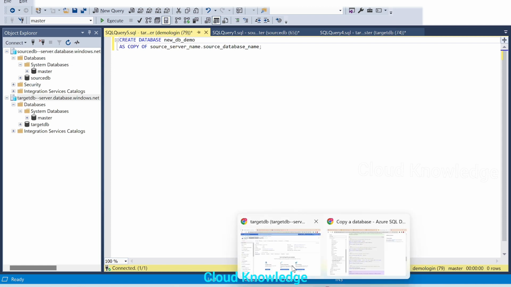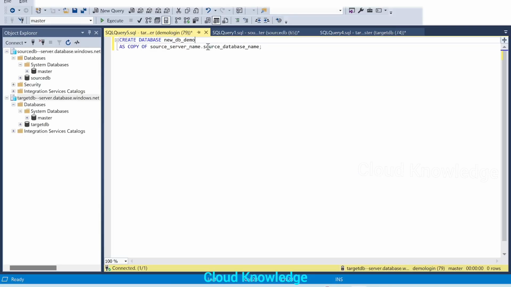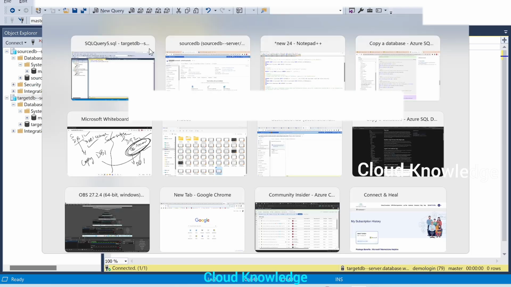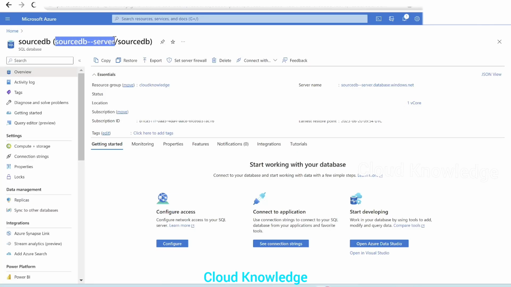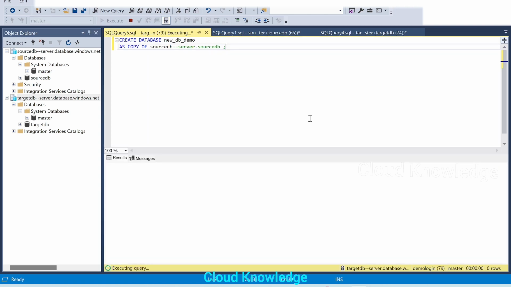If we go back to the portal, source DB name is source DB. Here we'll paste, and the server name is source DB server. Okay, source DB server dot source DB. We'll click on execute.